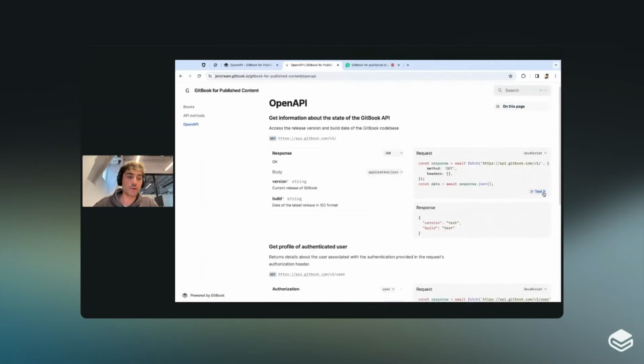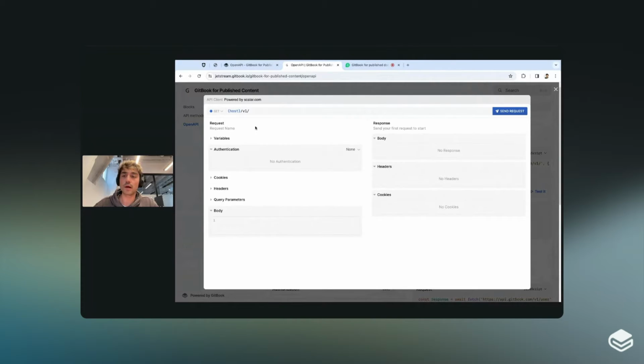You'll notice that when you click the test it button, it opens up the Scalar powered window, and we can start to add different variables in here. We're going to need to add a host for this particular instance, and we're going to do api.gitbook.com. I think this should work already if we send a request,